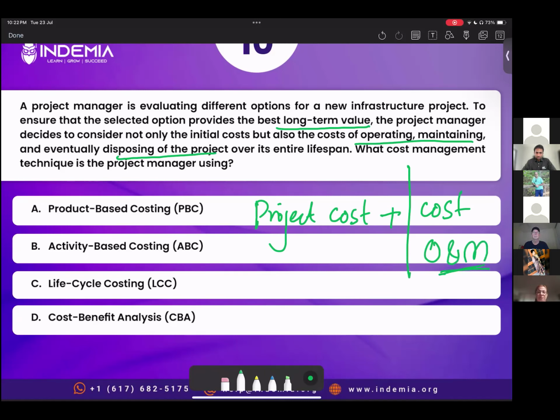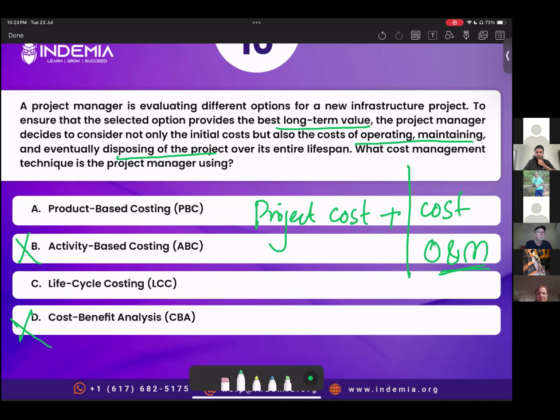Now activity-based costing can't be the right answer, as I have mentioned, this is not activity-based costing. We are considering different stages. Those stages contain a lot of activities. So activity-based costing is where we go to the activity level. So we're not talking about that here. Option D, cost benefit analysis. We're not talking about benefits here in this question. The focus is on different types of costs. So D can't be the right answer here.